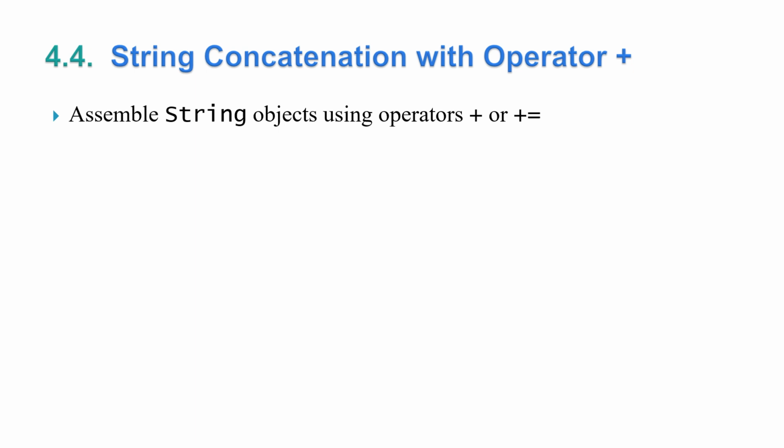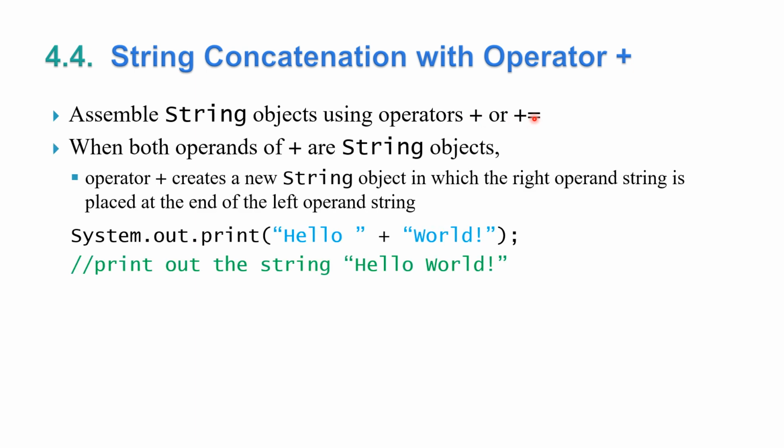The next thing about processing strings we are learning is string concatenation. String concatenation allows you to assemble string objects into larger strings. One way to concatenate strings is by using the operators plus or plus equal. When both operands of the plus operator are string objects, the